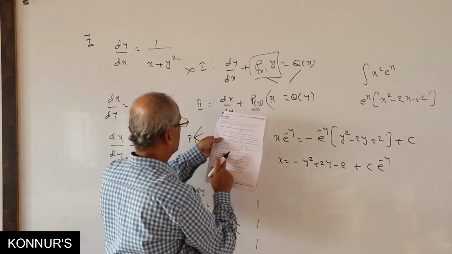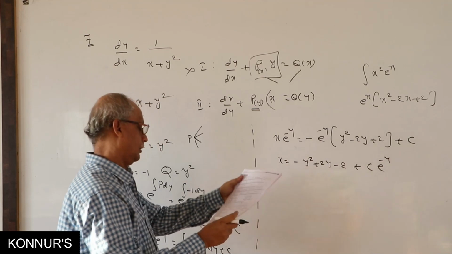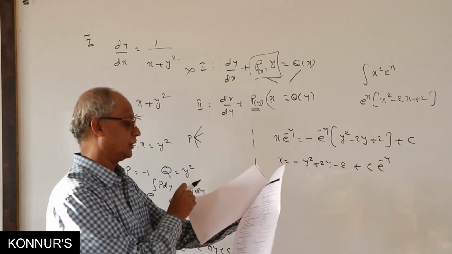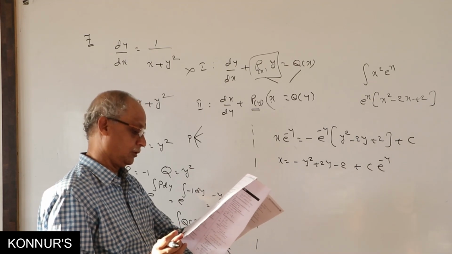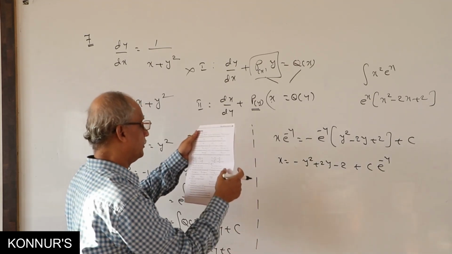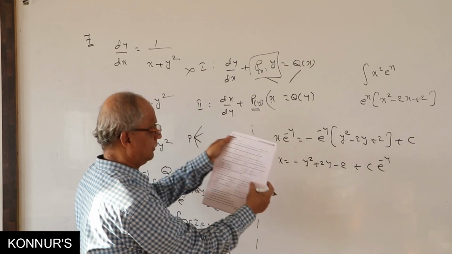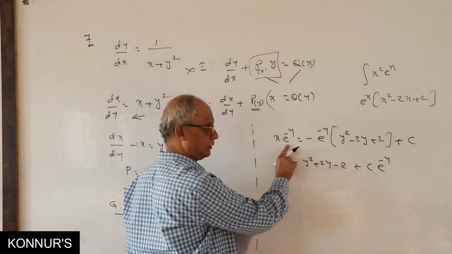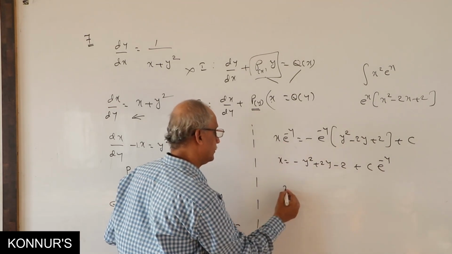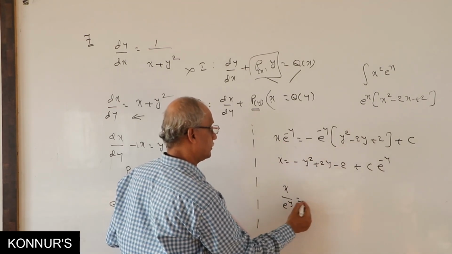E power minus y is also missing in the fourth. So I will give exactly what they are giving in ABCD, option C or 7th, D. In the fourth option, write down minus. Here y will be given as minus y, right? Because you are dividing with e power minus y, it is the same as this.